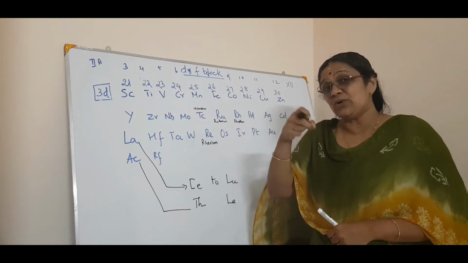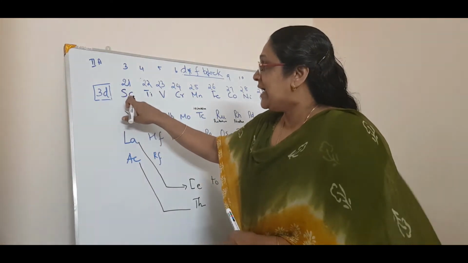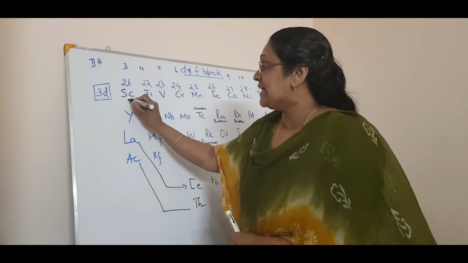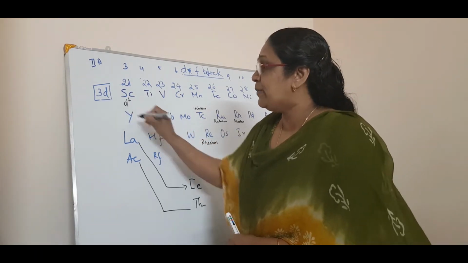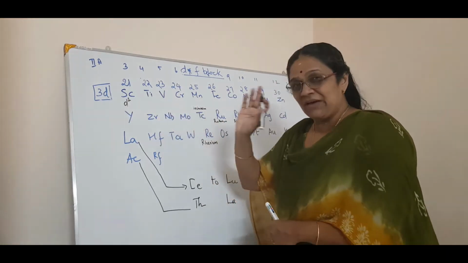That is l is equal to 2. That is 10 electrons, isn't it? 10 electrons. So in scandium there is 1 d electron. So I can write d1 configuration. Okay, that we will see later. Just to have a hang of it.